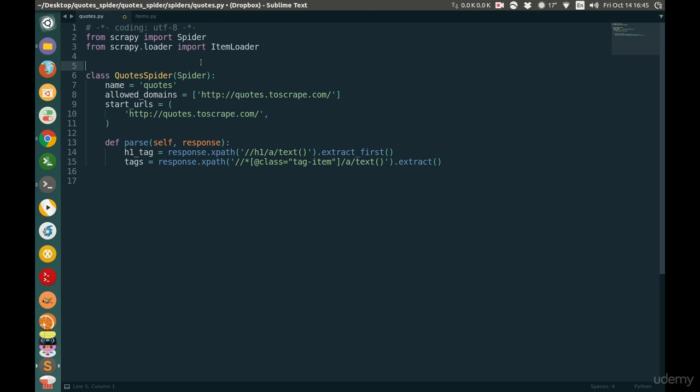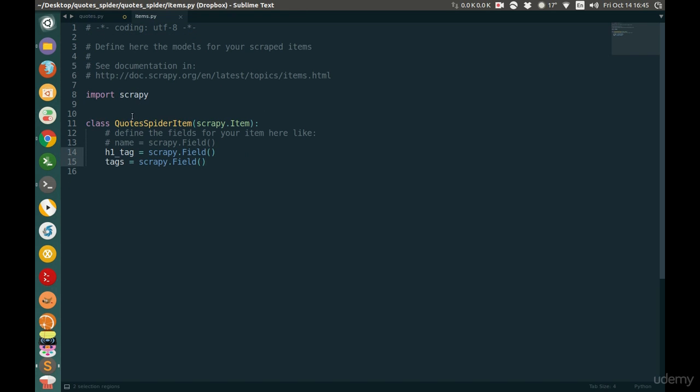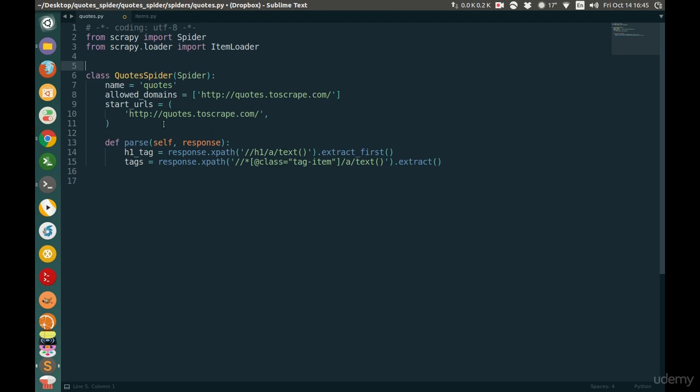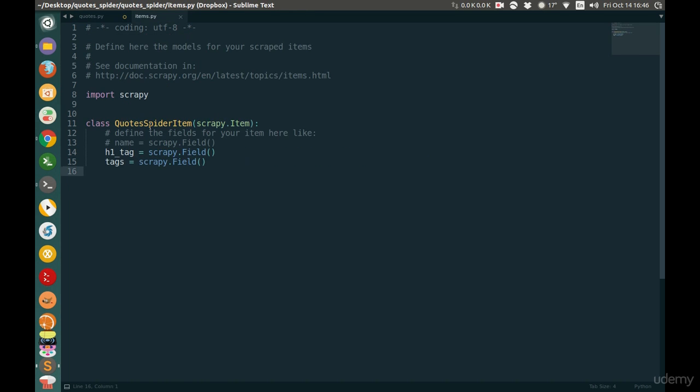So we are just going to go into items.py file in our project directory and fetch this class. And then this class will automatically fetch these two tags defined here as Scrapy fields. So to do that, you should type in from quote Spider, which is name of the project, and then dot items, which will go to the items.py. We will import the class, which is going to be QuoteSpiderItem,